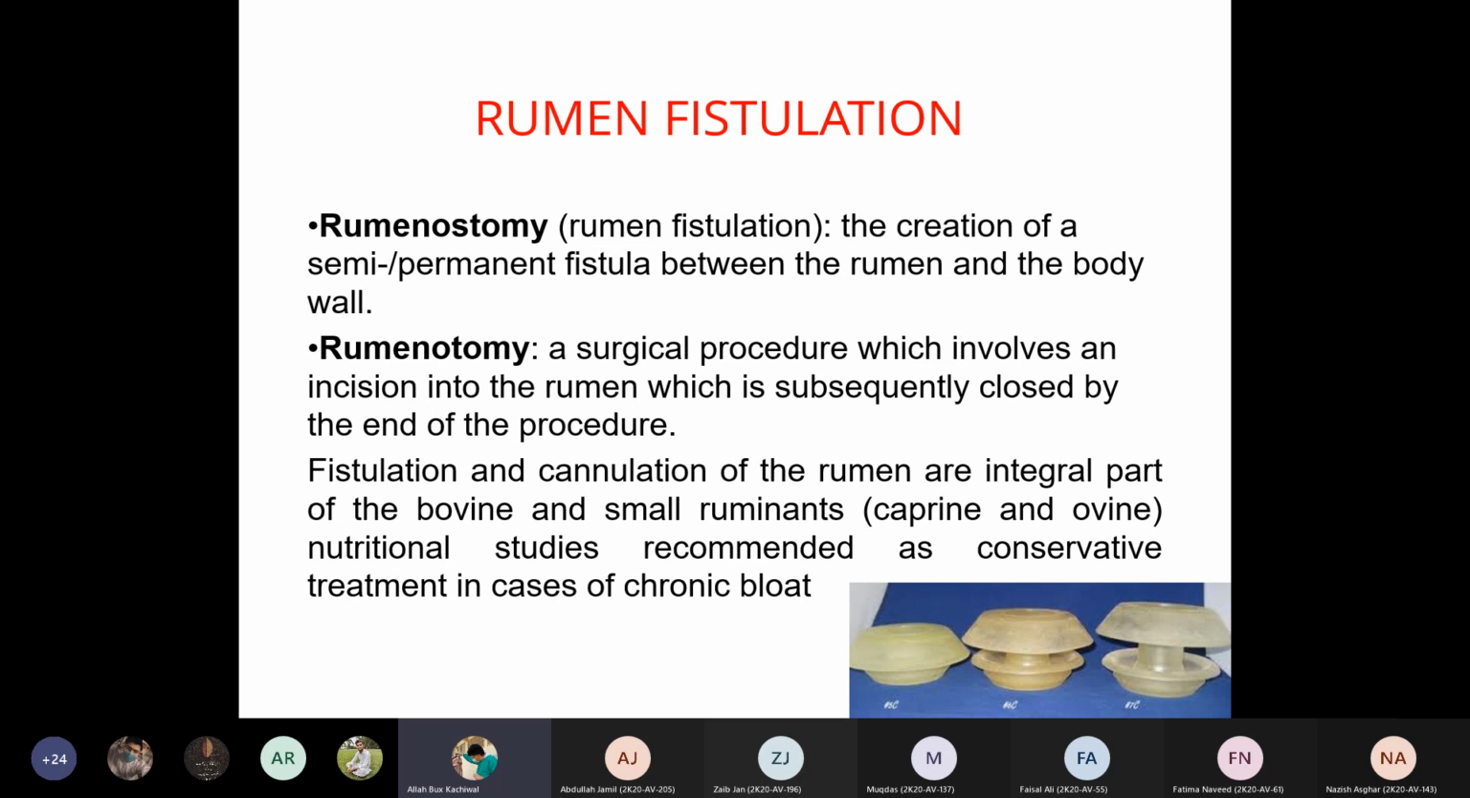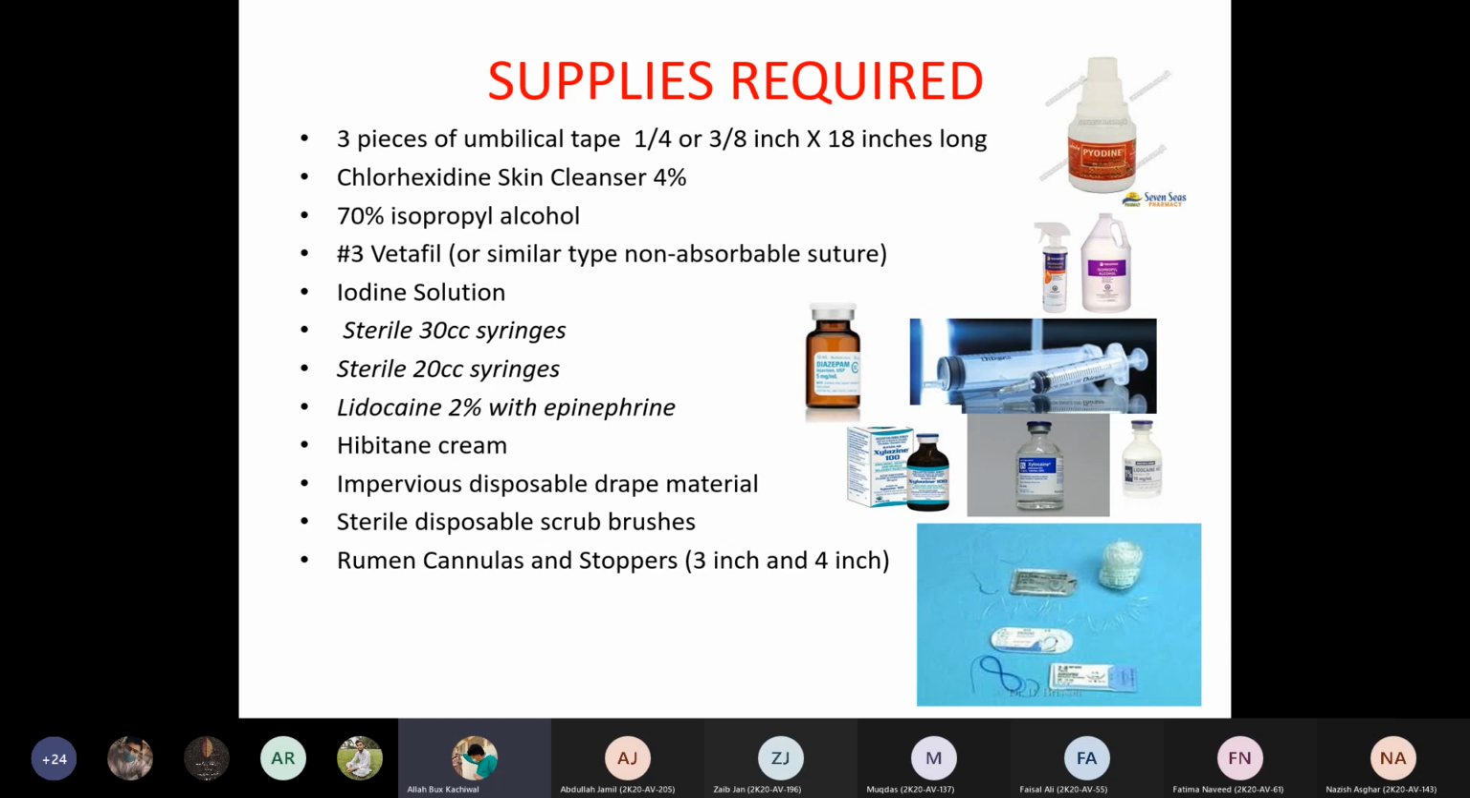Cannulas are available in different sizes for sheep, cow, goat, and buffalo. So we use different sizes of the cannula for fixation in the rumen, and then the nutritional analysis can be performed. For this operation you need 3 pieces of umbilical tape,